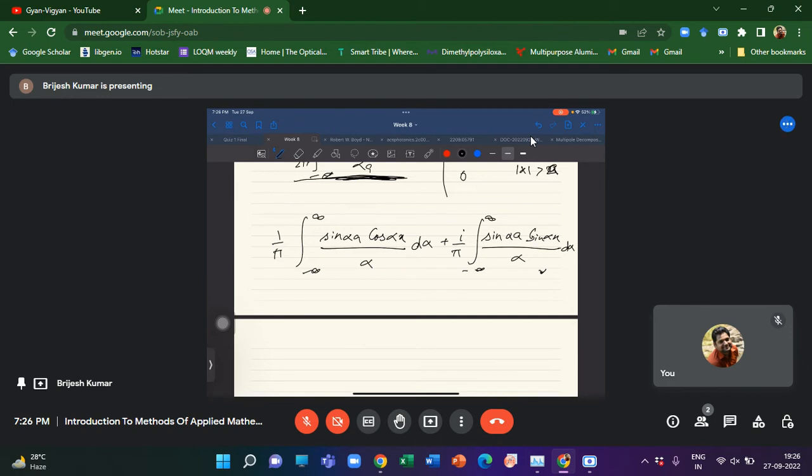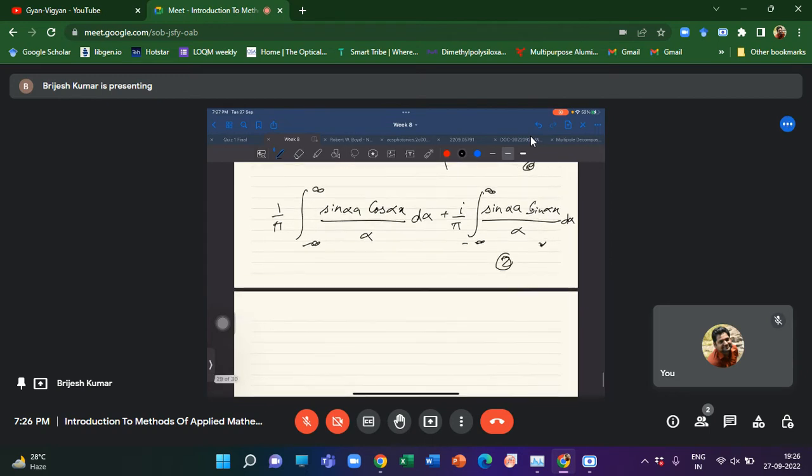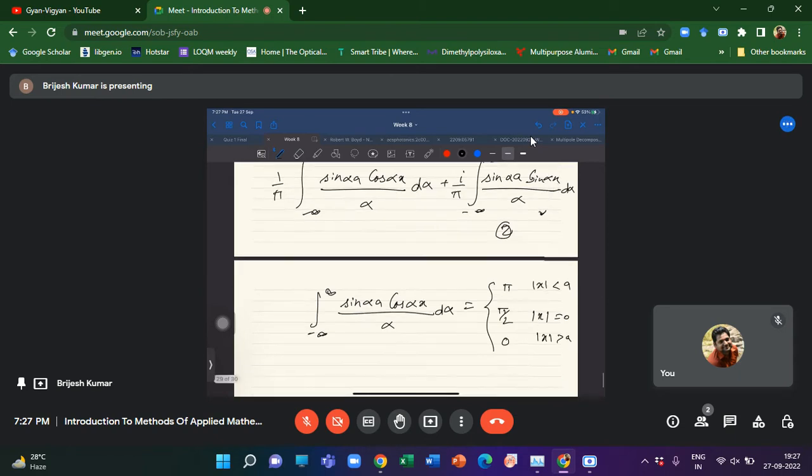Then from this 1 and this 2 we can write that the integral from minus infinity to infinity of sine alpha a cos alpha x upon alpha d alpha will be pi, pi by 2 and 0 when mod x is less than a, mod x is equal to a, and mod x is greater than a. Okay,